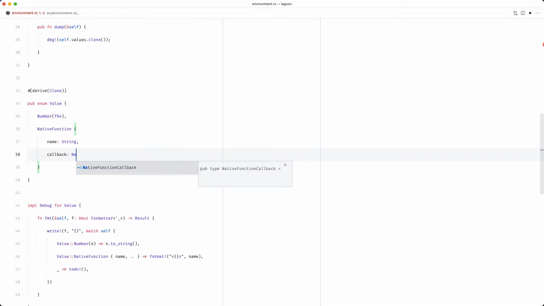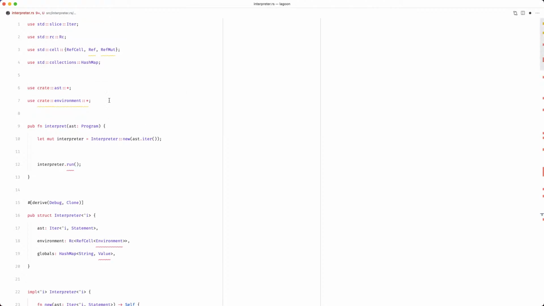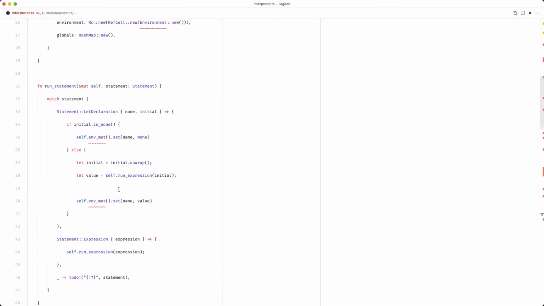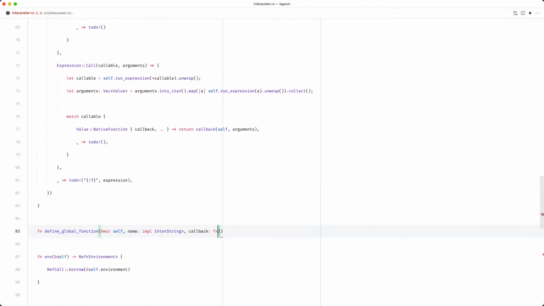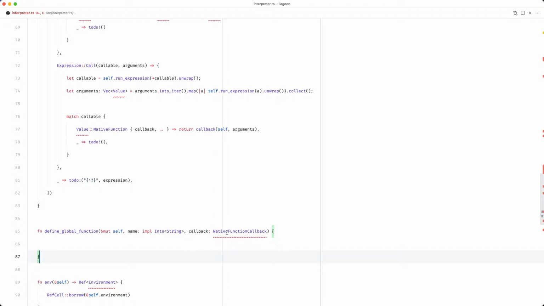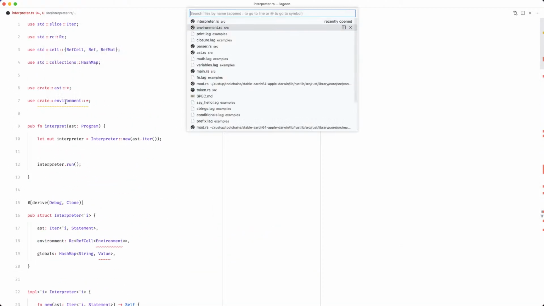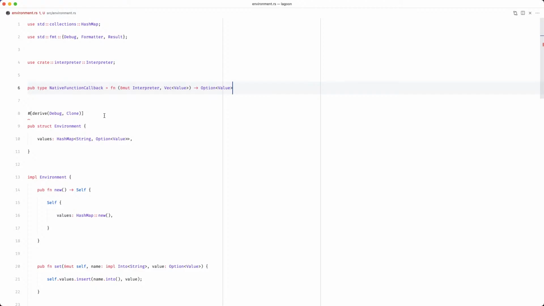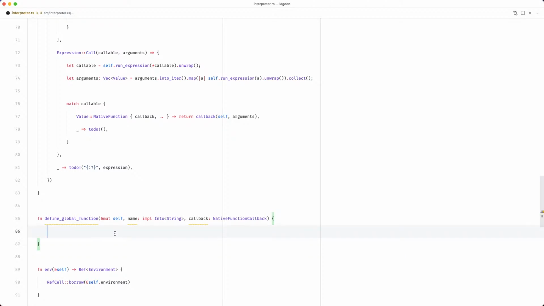Take this native function callback, plop that up there, and then something's gone wrong here. This can just be NativeFunctionCallback. This won't return anything. Did I do something wrong there? Yeah, I needed a semicolon.